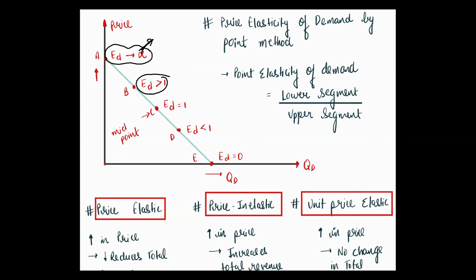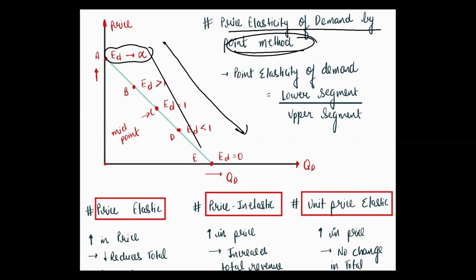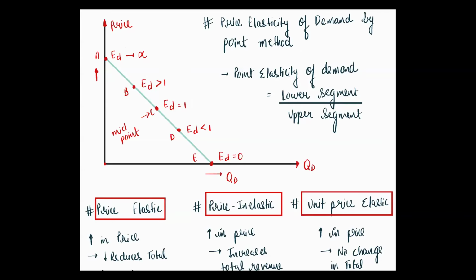So here it is highly elastic, matlab highly elastic means perfectly elastic. Here it is relatively more elastic, here it is unit elastic, here it is relatively less elastic. ठीक है, relative मतलब inelastic या non elastic, और यहाँ perfectly inelastic. By mistake I told you in the first one with ed infinity it means perfectly elastic. While if you will go down, your elasticity will get decreased. This is what price elasticity of demand point method is talking about, and the formula is lower segment by upper segment, and in this graph you can see at midpoint unit elasticity it will change.